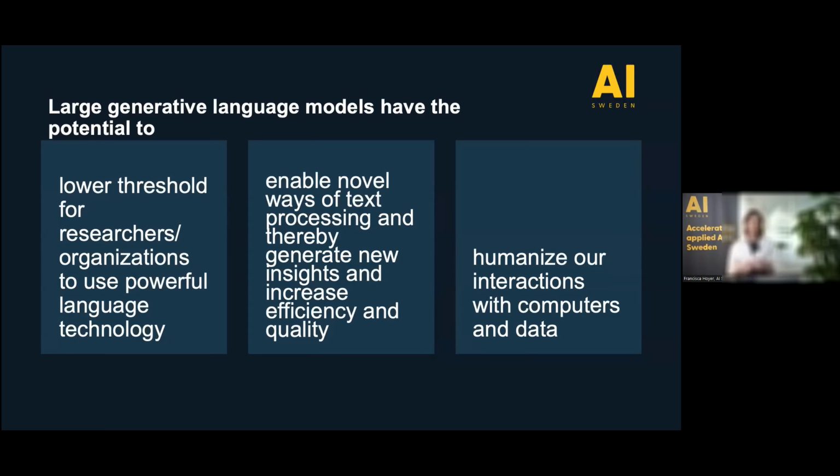And finally, another aspect that I personally find really exciting is how these models are now contributing to humanizing the way we interact with computer systems. Previously you were forced to learn computer languages, you had to know programming languages, and then came the graphic interface where you could click on icons. Now you are able to actually communicate with the data in your computer, or with your computer, on your own terms, that is, in your own language.